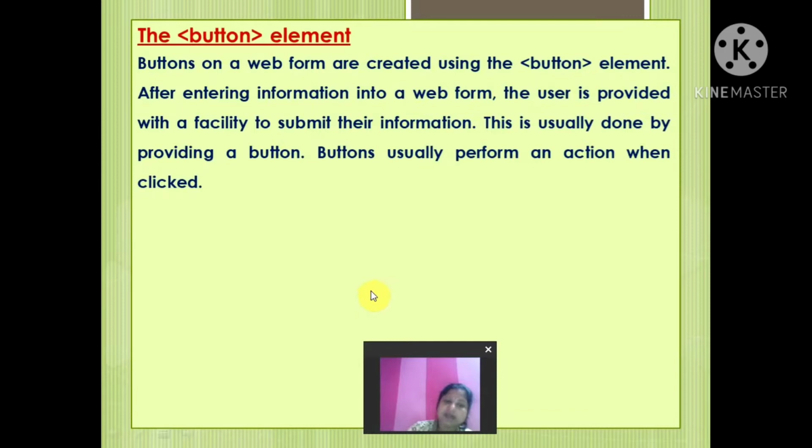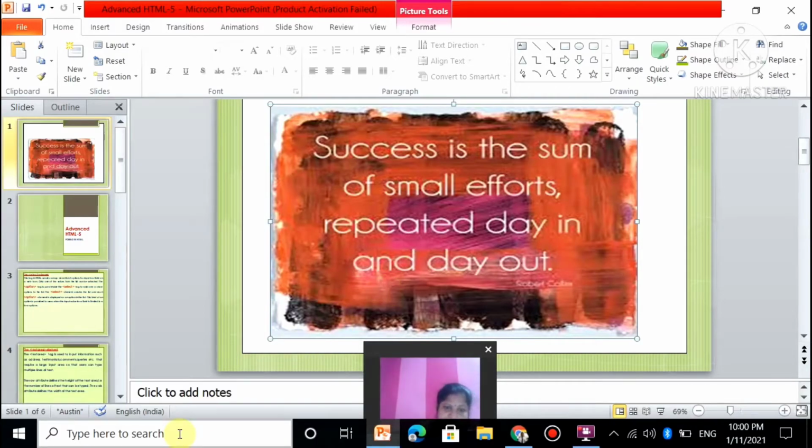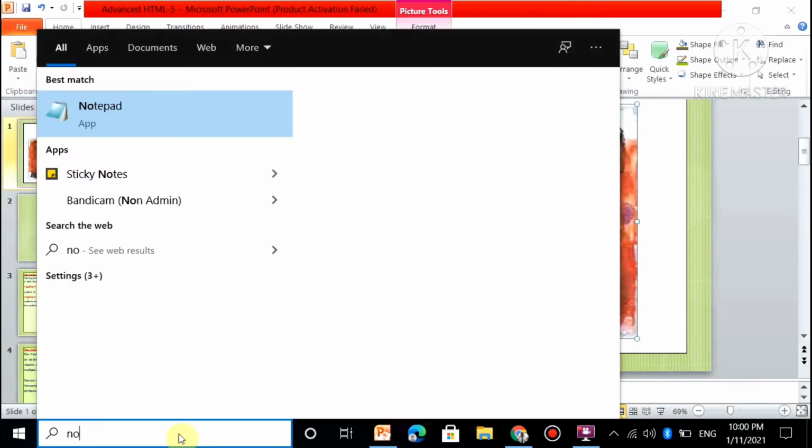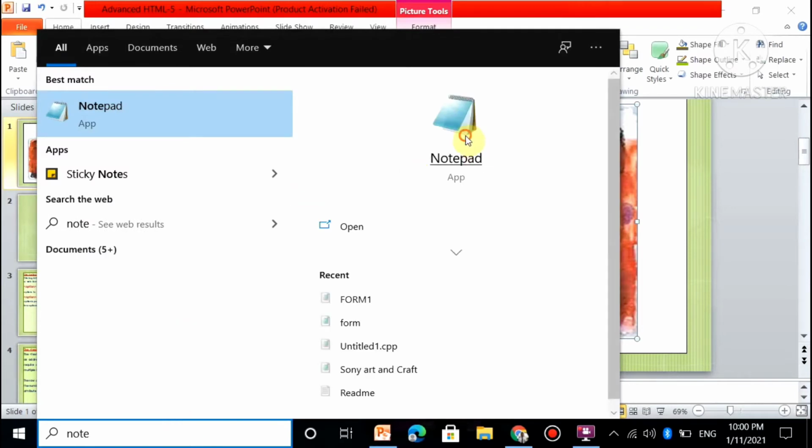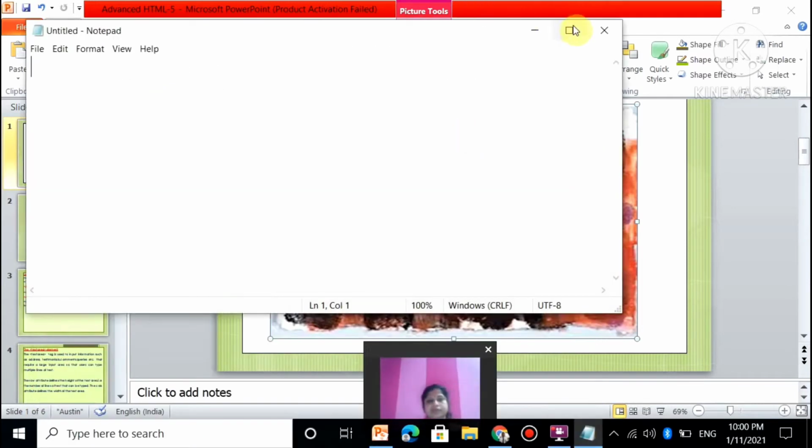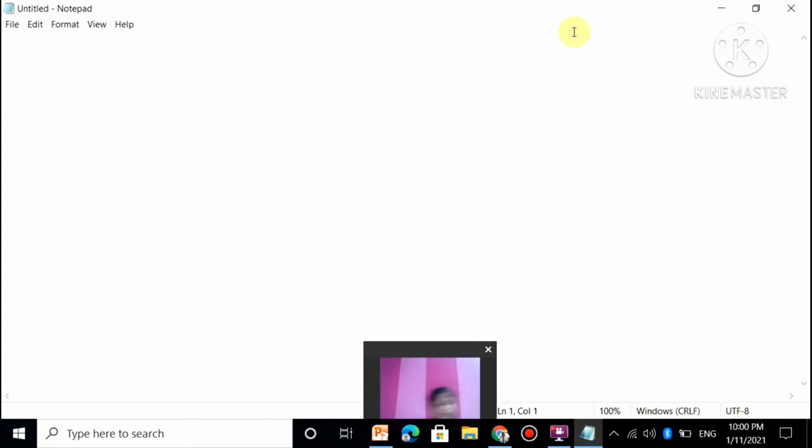Now let us see how you can use these elements in a form. Let us open Notepad. Let us create the HTML.